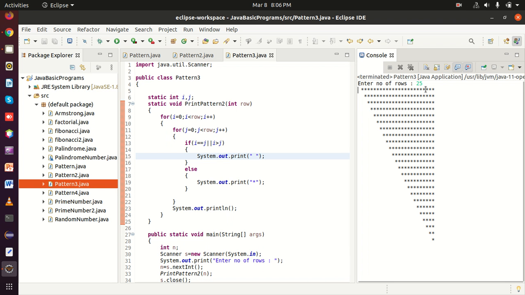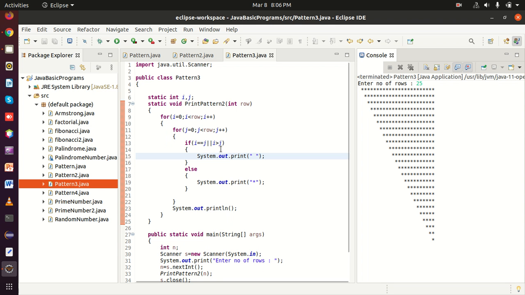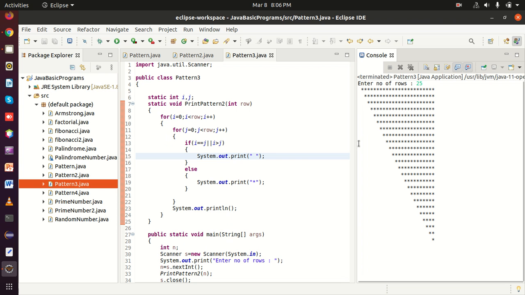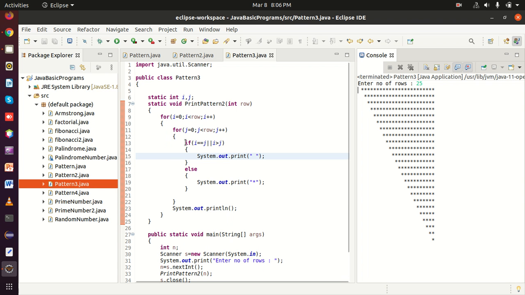Okay, so just see, if i will be greater than j, means what? अगर I और j इक्वल होगा तो हमको वाइट स्पेस प्रिंट करना है, या I की वैल्यू ग्रेटर देन j होगा, j मीन्स ये कॉलम, तो हमको वाइट स्पेस प्रिंट करना है. अदरवाइज अगर ये कंडीशन सेटिस्फाइड नहीं हो रहा है तो हमको स्टार प्रिंट करना है. अगर I जो है j से बड़ा नहीं होगा, यहाँ पे I का वैल्यू 0 है बट j का वैल्यू 0 है, तो वाइट स्पेस प्रिंट कर दिया. j का वैल्यू 1 हुआ, मतलब I 0 है, j 1 हो गया, तब उसको क्या प्रिंट करना है, स्टार प्रिंट करना है. I 0 है लेकिन j हो गया 3, क्या प्रिंट करना है, स्टार प्रिंट करना है.